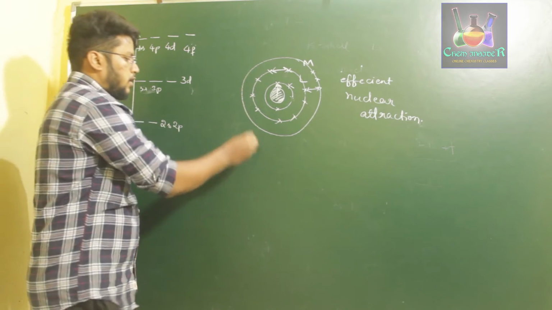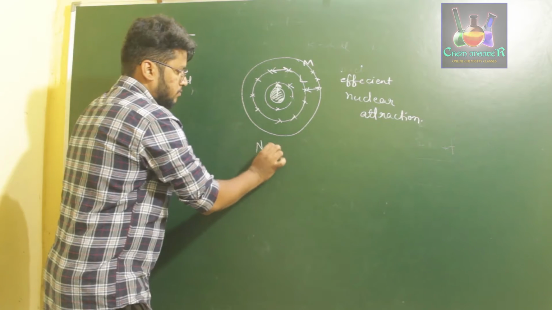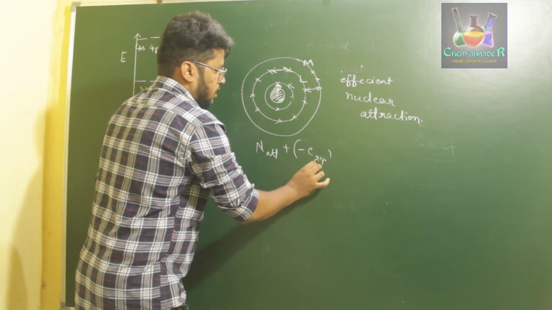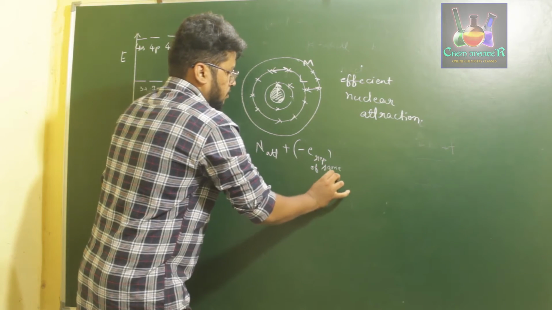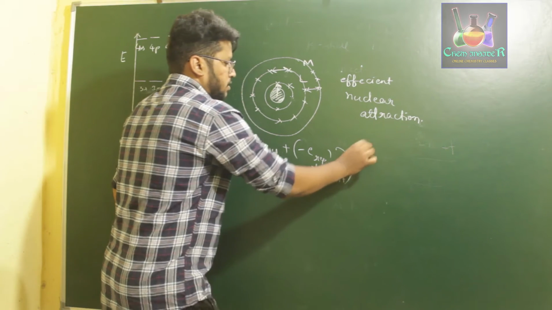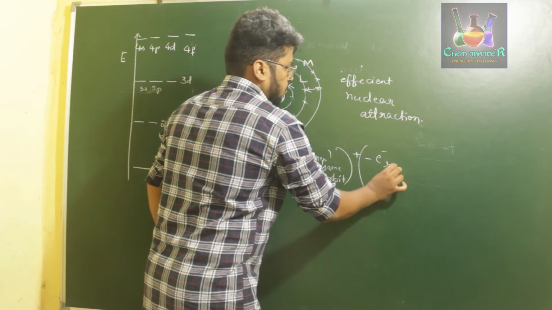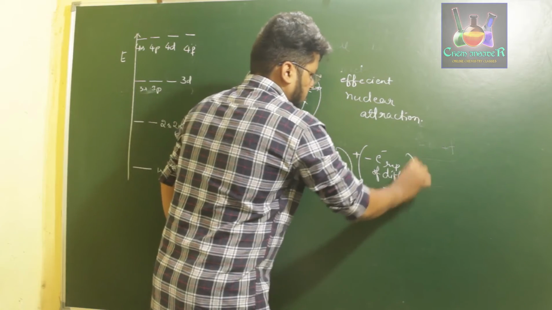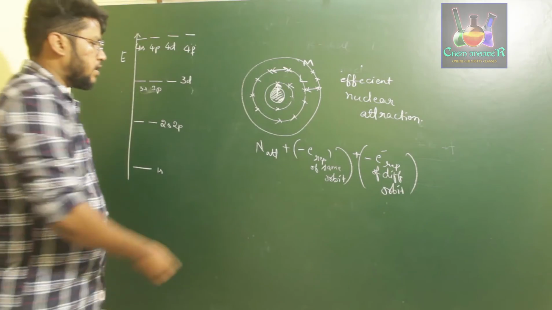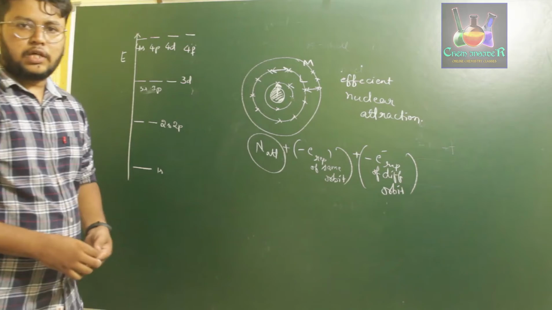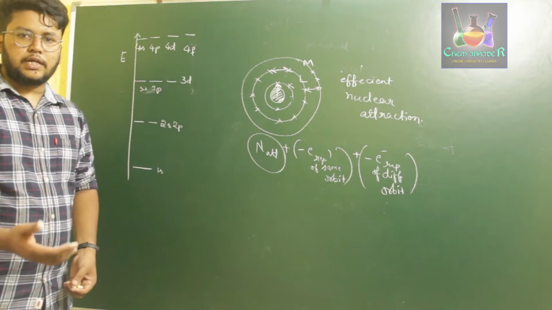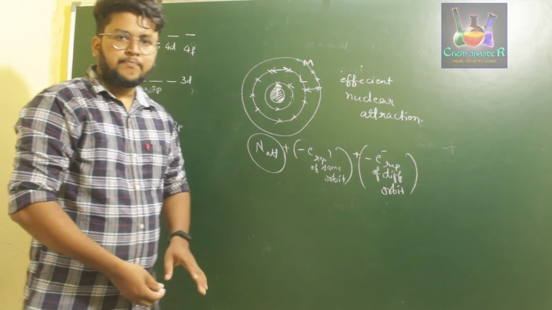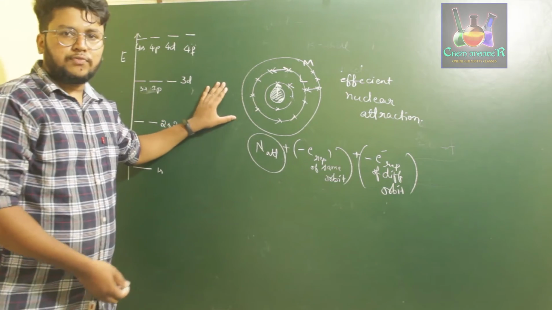Okay, so if you consider nuclear attraction, minus electron repulsion of the same orbit, and plus electron repulsion of different orbit. On summing up all these three, we get that the effect of attraction of electrons by the nucleus is much greater than the effect of repulsion experienced by electrons of the same orbit or of a different orbit, which results in the stability of the nucleus.